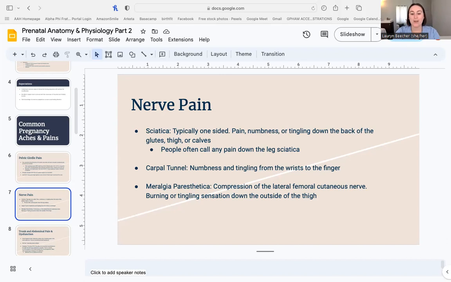So during pregnancy, as we talked about in part 1, the blood volume increases a lot. And this can result in some swelling, especially if someone's just also retaining a lot more water. So people are more predisposed to developing carpal tunnel during pregnancy because that little tunnel is more easily compressed.